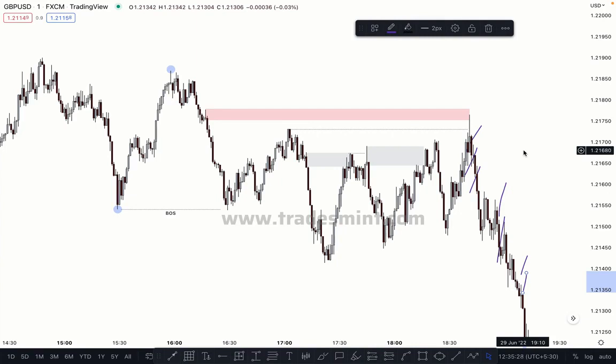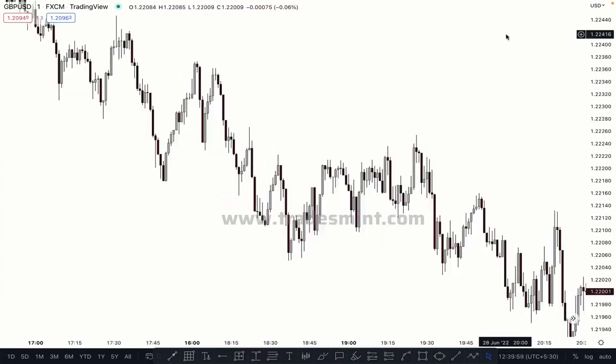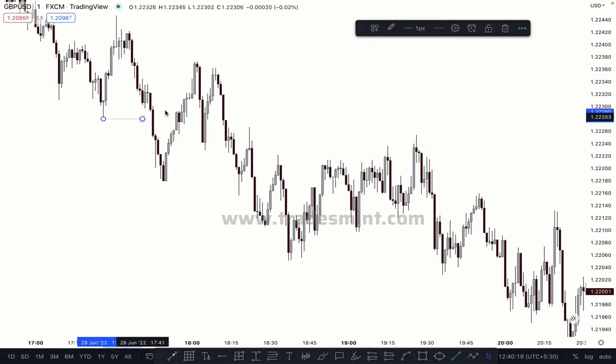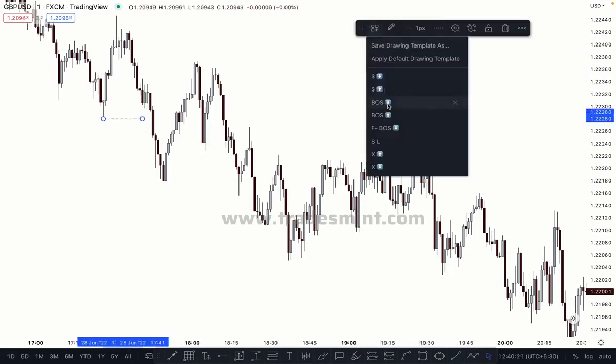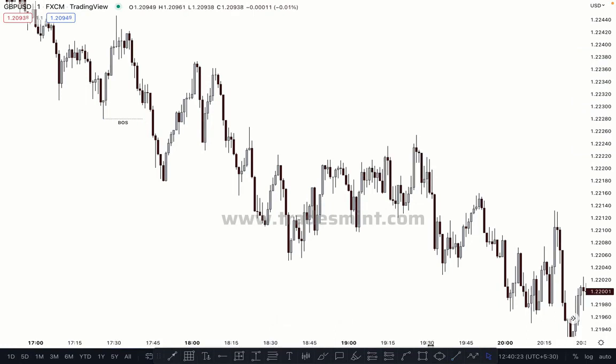Let me show you one more example. In this case, the trend is bearish. Most of the traders are looking here for sell, which is correct, and some people are looking here for buys, as per their strategy. But how do they trap both types of traders? Let me show you exactly. You can see here the market breaks this structure, which is the correct structure as per our strategy, our plan. This is a correct structure.